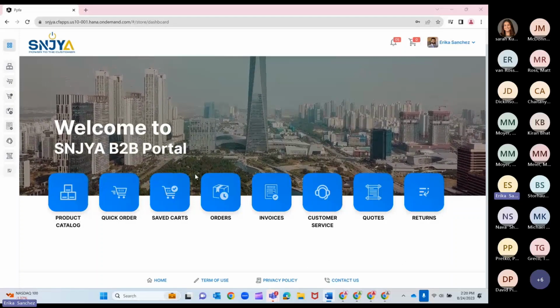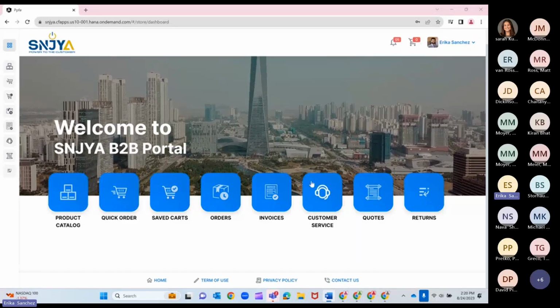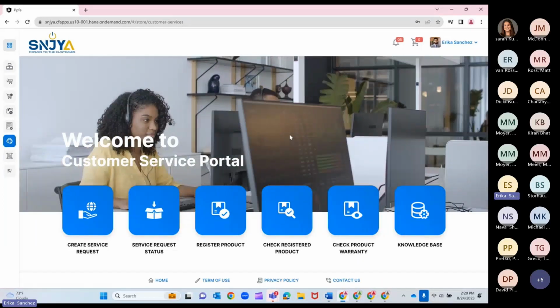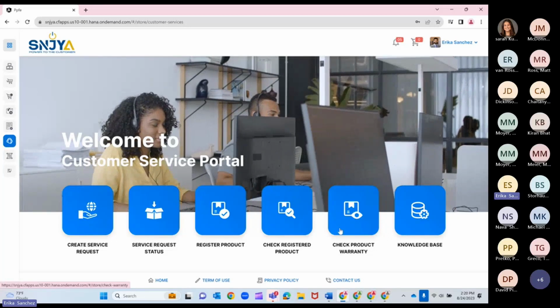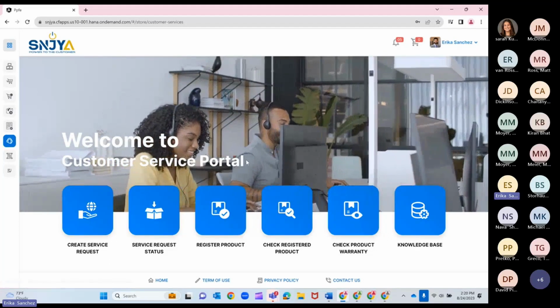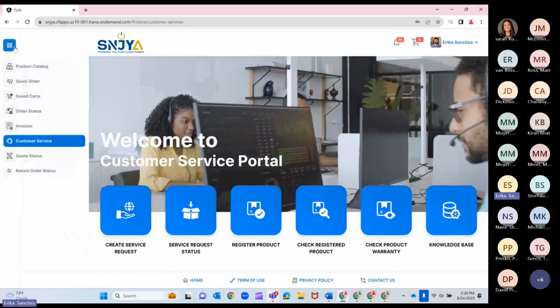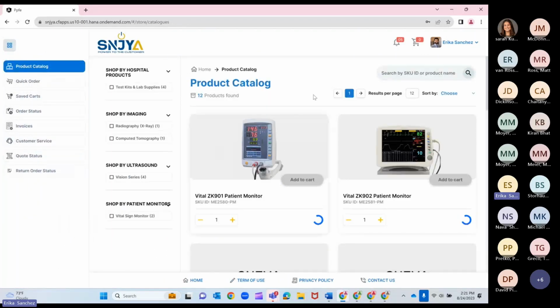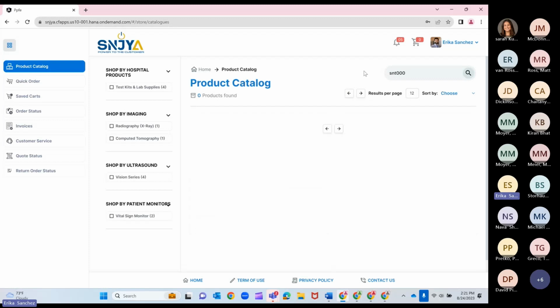Sanjaya also has a native integration with SAP Service Cloud, where you can view warranty information, submit service tickets, create returns, and so much more. But for now, we're just going to walk through the product catalog and start to place an order for my customer. So I can look up my product